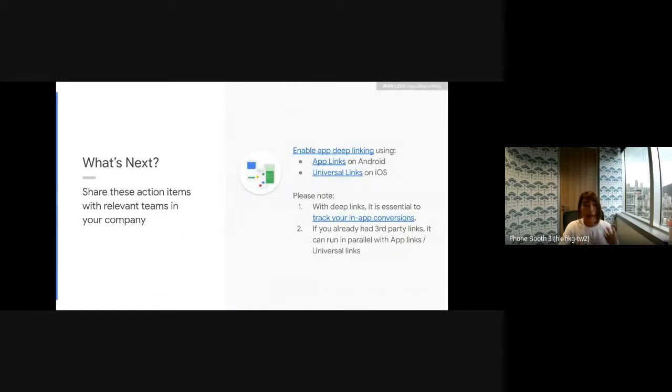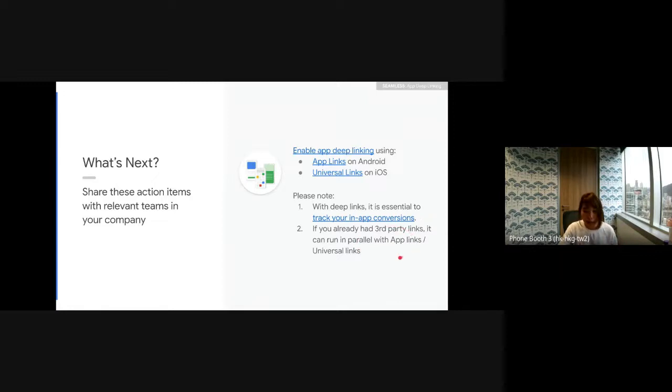Okay, I'm going to stop here for the technical details. What's next, if you want to try setting up deep links, is all the information you will need to share with your technical team. We have the instructions on how to set up using app links and universal links. Even with deep links, just to remind everyone again, it's very important to set up an in-app conversion as well.